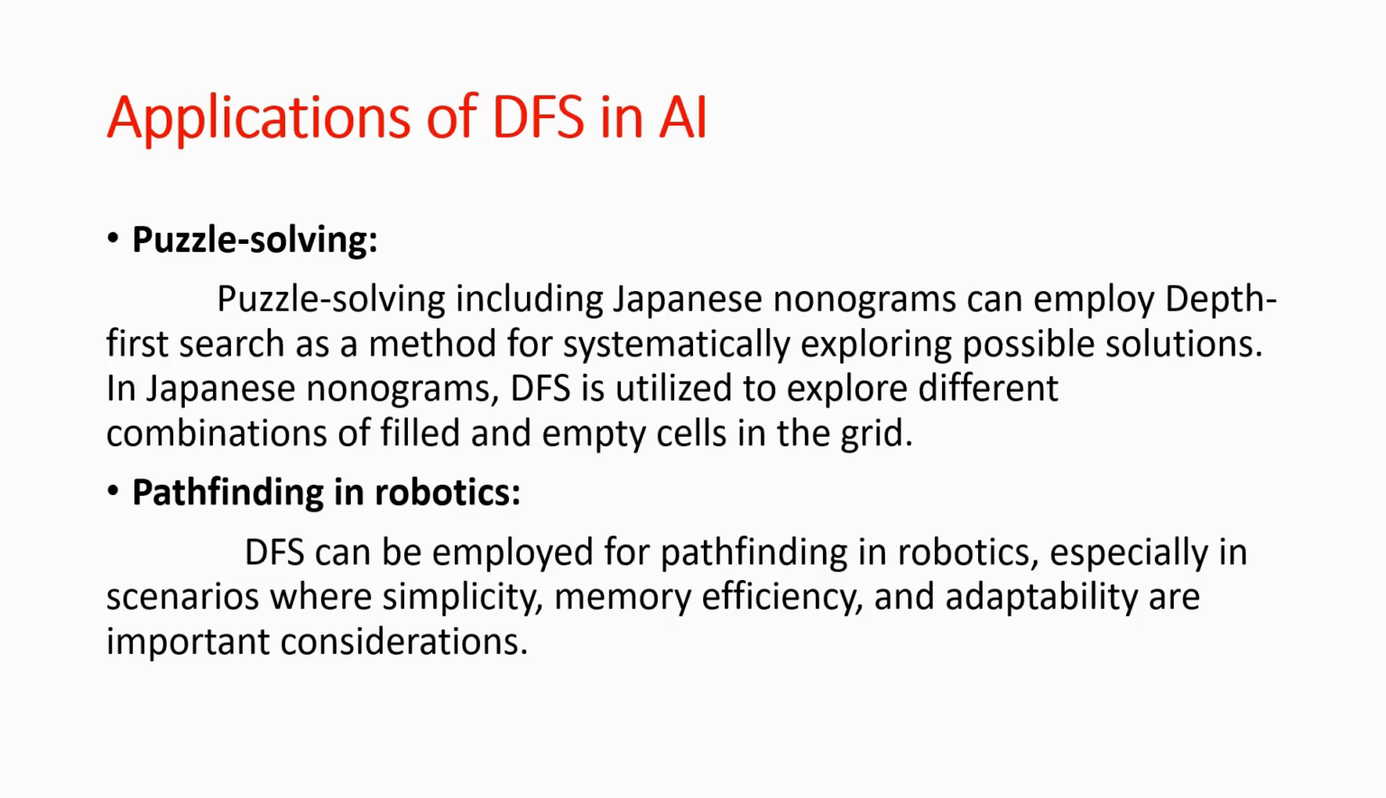So why DFS for robots? Simplicity: the core DFS algorithm is straightforward to implement, right? Memory efficiency: for certain types of graphs, especially where the depth of the search is not excessive, DFS can be more memory efficient than breadth first search because it only needs to store the current path. Adaptability: DFS can be adapted to various robotic navigation scenarios,